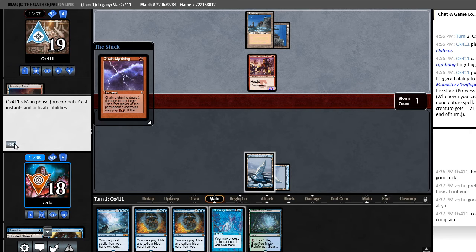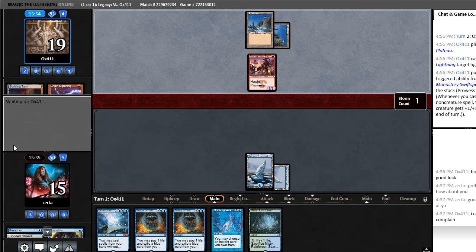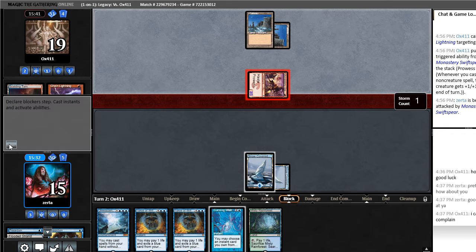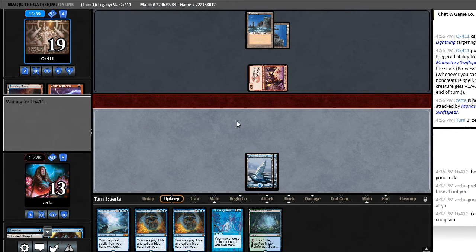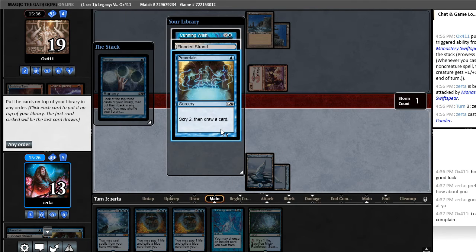Chain Lightning is fine. You can't just go around countering every 3 damage burn spell by giving up 2 cards and a life. Won't exactly win you very many games of Legacy there. You just counter the ones that matter. So this turn, we've taken 5 damage. Excellent. Ponder. Could have been better, obviously, but...